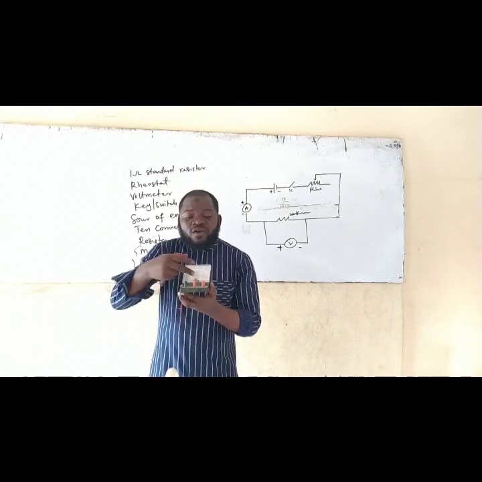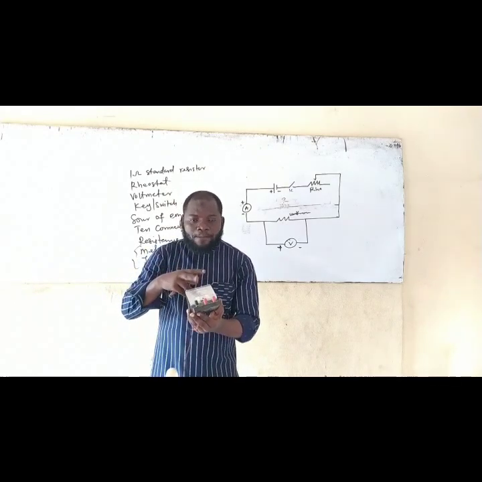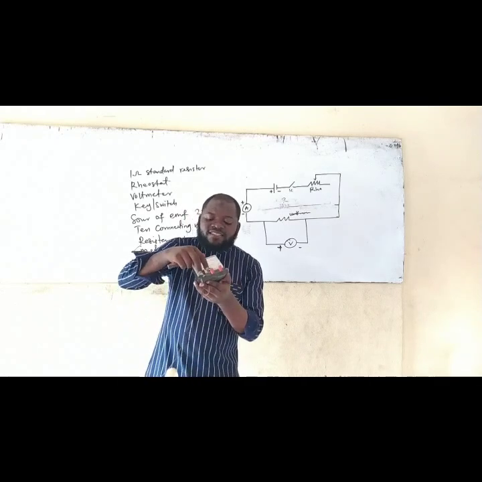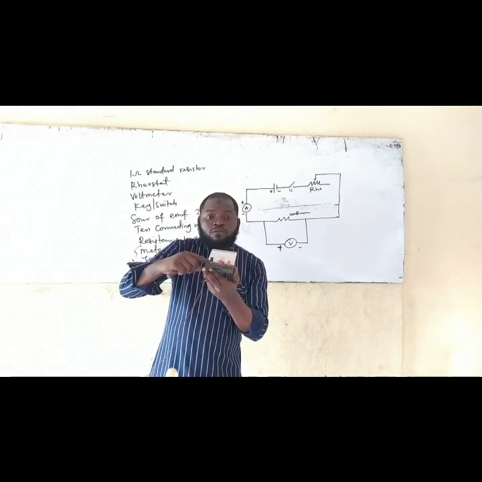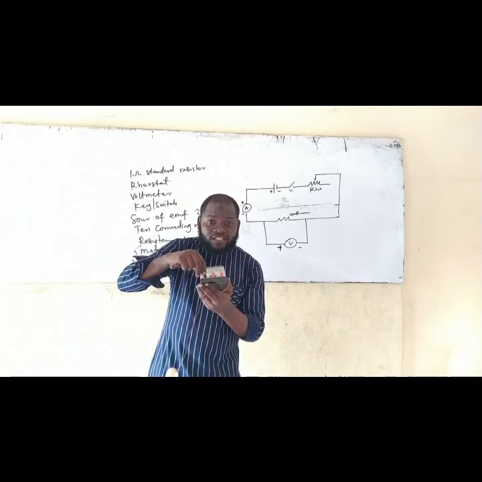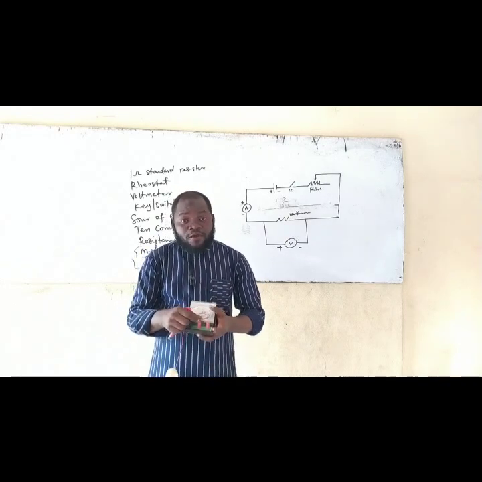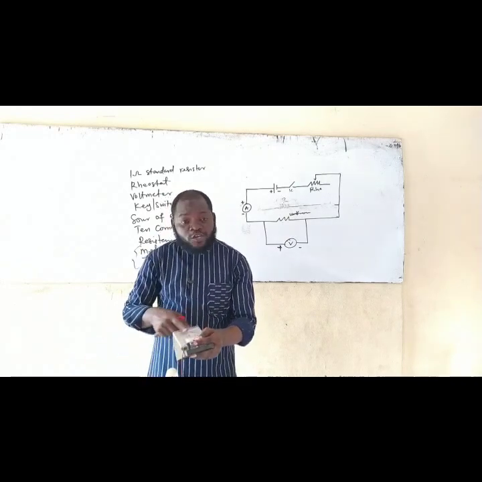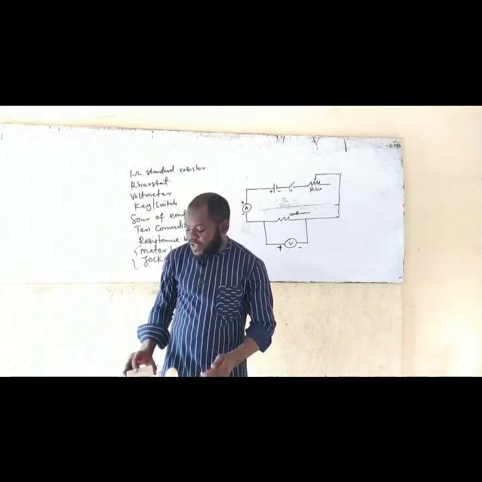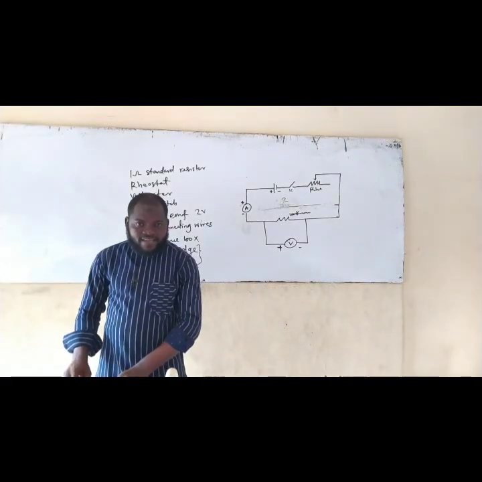So make sure you clean the terminal of your apparatus. When you clean the terminal, what I mean by cleaning the terminal is this pole. Some of them must have rust at times, so they don't have a proper connection. So clean it up, test it, connect the wire to it directly, put it on the battery, make sure it deflects. If it does, check this also, make sure it deflects. If it does, then you are sure that they are working. Am I making sense now?